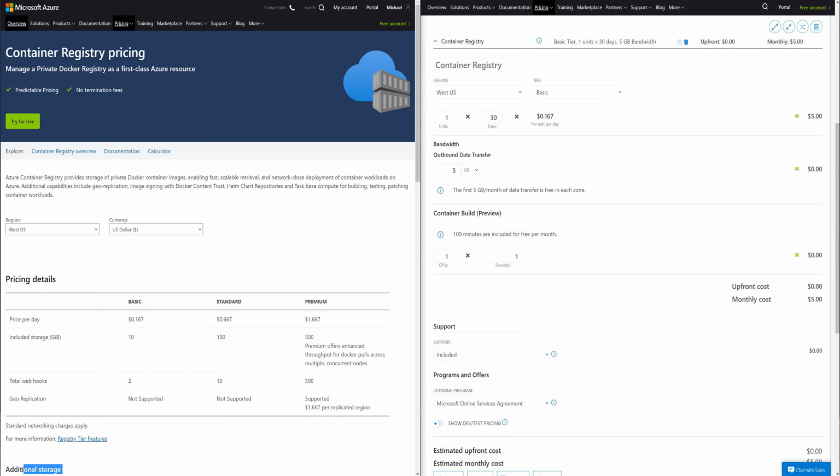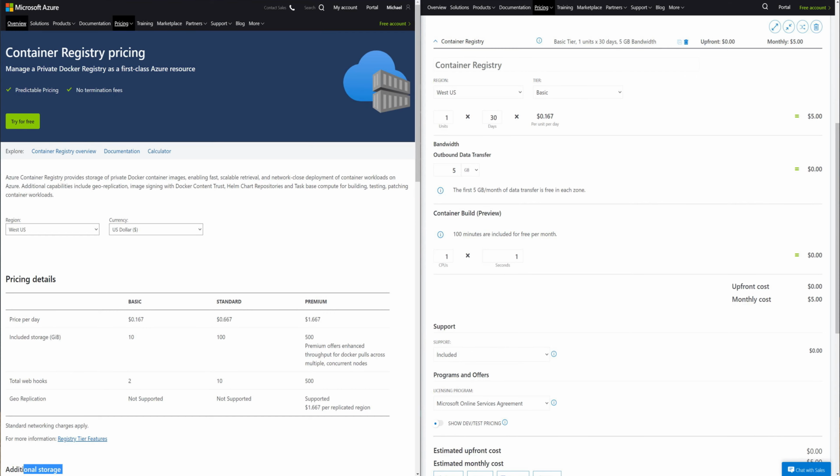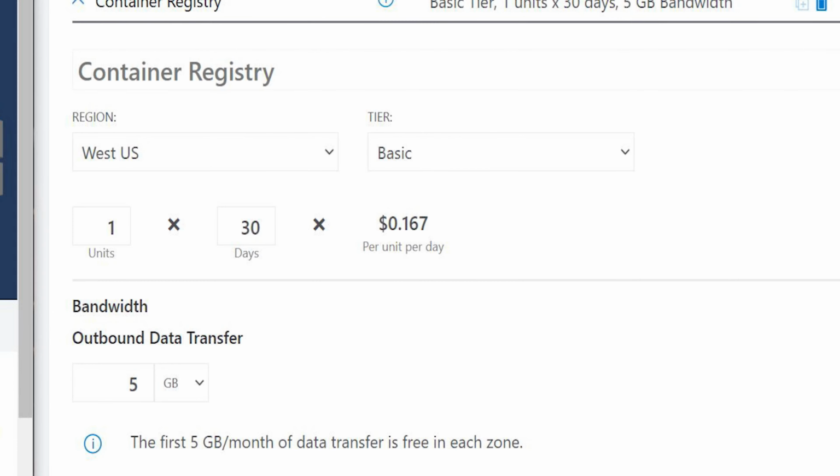So at the standard tier, which includes up to 100 gigabytes, anything over that 100 gigabytes, you're still going to pay the same flat amount over that per day. Now, the reason this is confusing is because in the pricing calculator for Azure, they list it as units. So you select the basic tier, and then you enter how many units you want to pay for 30 days. This unit corresponds to the top end value for each tier.